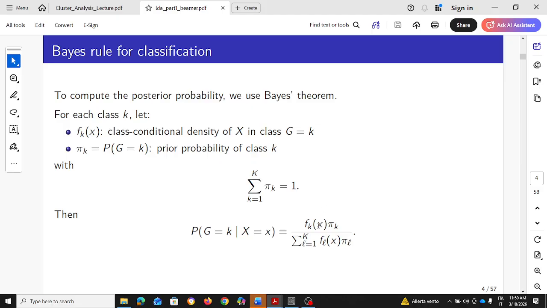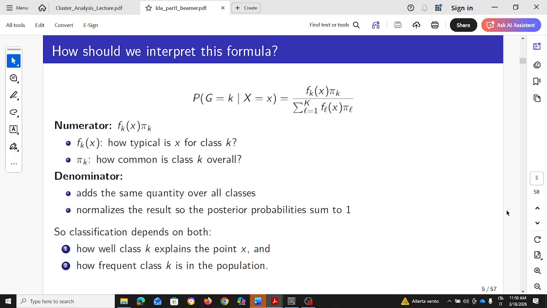Okay, so we have the density, which is f_k(x), and the prior probability, divided by the summation of the density multiplied by the probability. This is the general Bayes rule, okay, we studied this in school. Now which school again, I don't know. So in the numerator we have this,